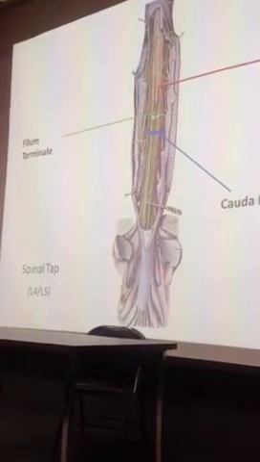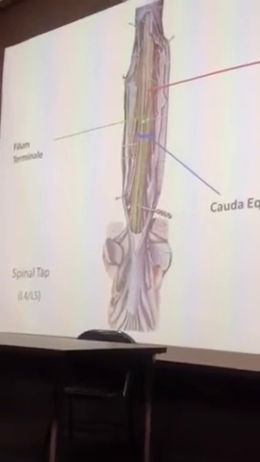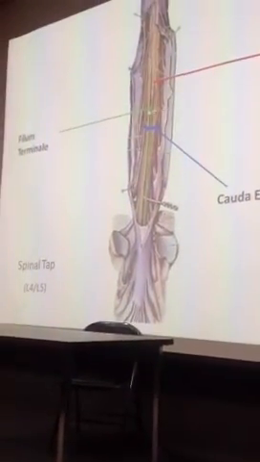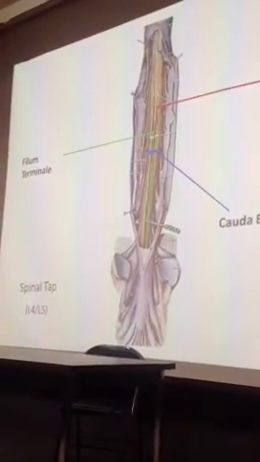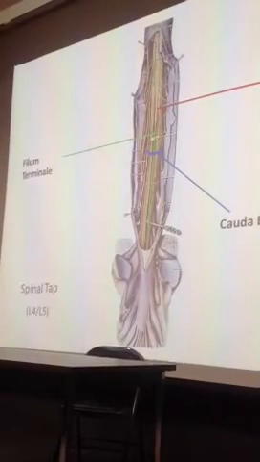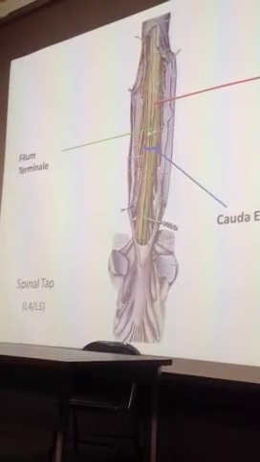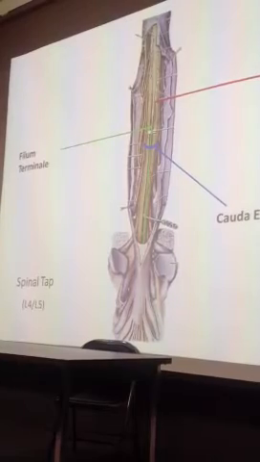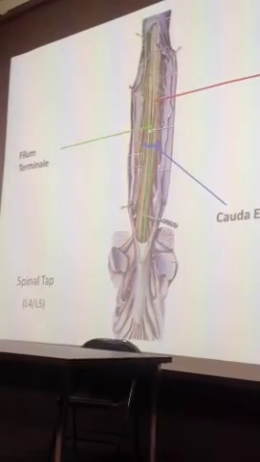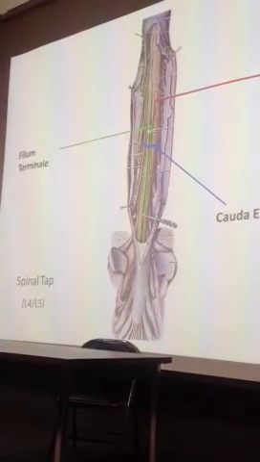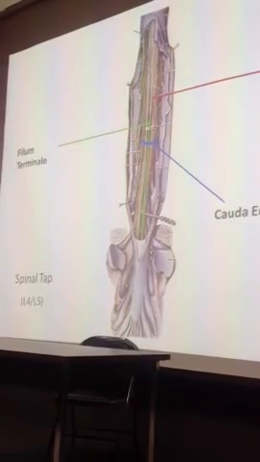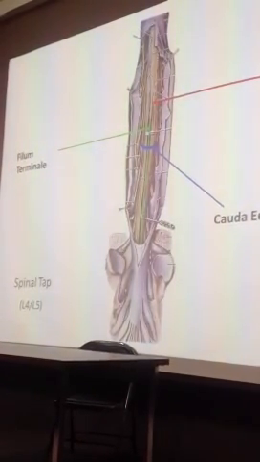And what the filum really represents is, think back to what we learned about the spinal cord itself and how embryonically it went almost the full length of the vertebral column. And then what happens is, as we age, the spinal cord doesn't remain the full length of it. Well, really, probably telling you more than you need to know, but I think it's kind of interesting. What happens is the